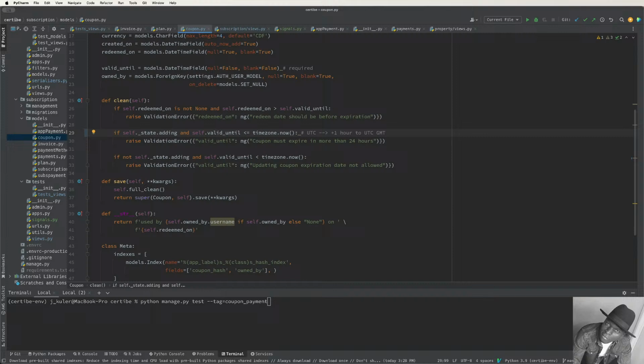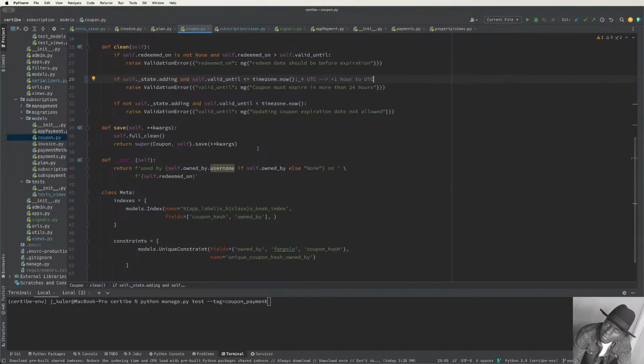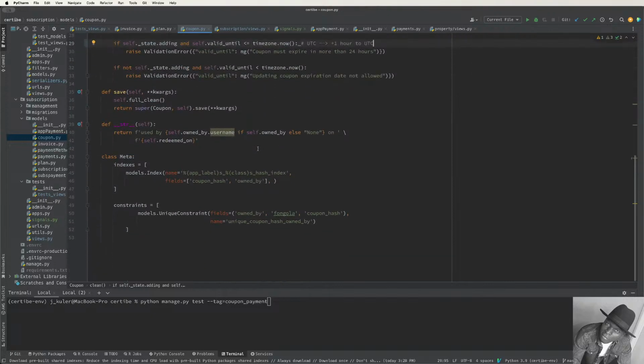Is that GMT? Yeah, it's GMT. I might be wrong, but let's use UTC. Okay, that's one thing I added on the coupon. I've also applied indexing so we can make it fast. We index on coupon hash and owned by, because the user is the